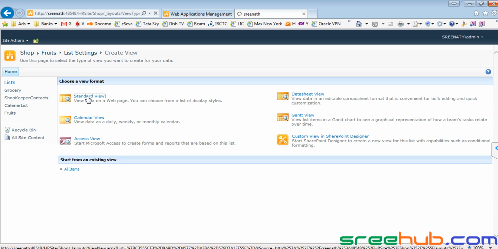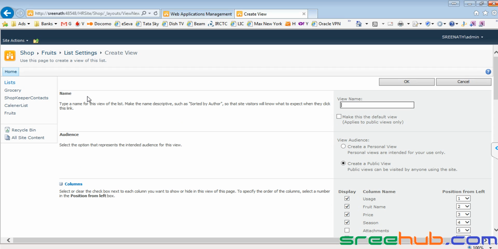Now give some attention here, guys, because views are very important in SharePoint. This is a basic thing which we'll be doing on each and every page. So now let me give my view name. I want a view of the list based on my price, so I'll give my view name as price based.